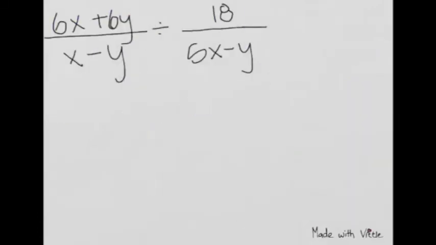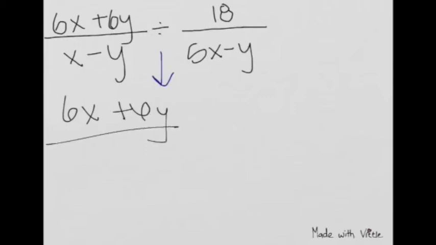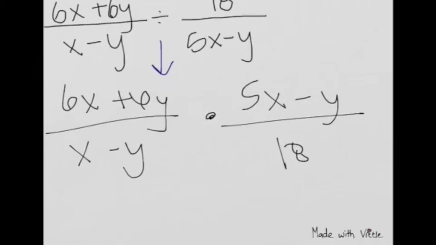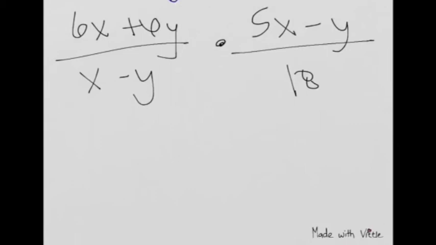Now we have 6x plus 6y over x minus y divided by 18 over 5x minus y. So we're going to multiply by the reciprocal, and we're going to get 6x plus 6y over x minus y times 5x minus y over 18. We can simplify that by pulling out common factors. So that's going to change and be 6 times x plus y